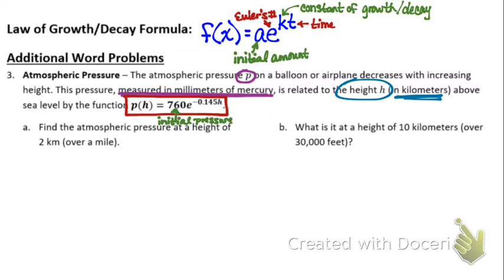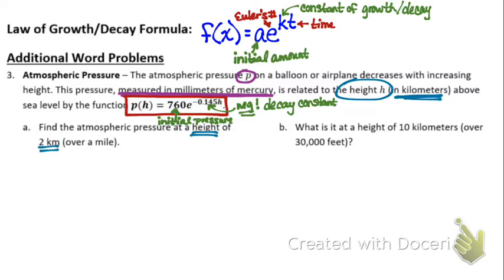I know this is showing me decay because this is that constant and it is negative. So this is a decay constant. If it was positive, then it would be a growth constant. All right, find the atmospheric pressure, so we're looking for P, at a height of 2 kilometers, which is over